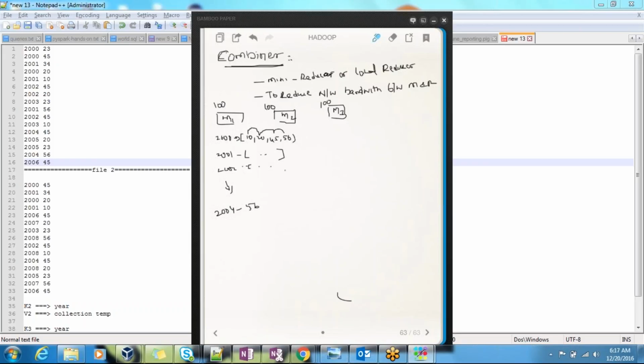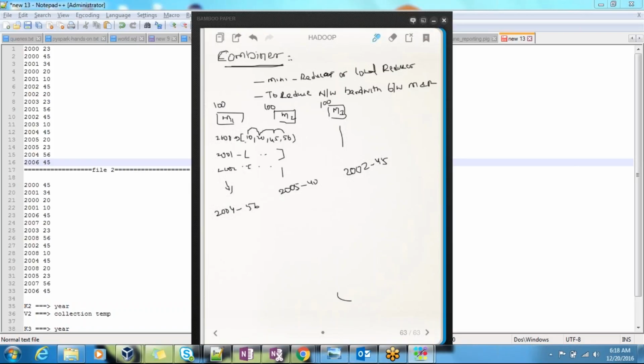And here maybe some other year comes up, so 2005 has 40 as the temperature. In this mapper, 2002 has a maximum temperature of 45.